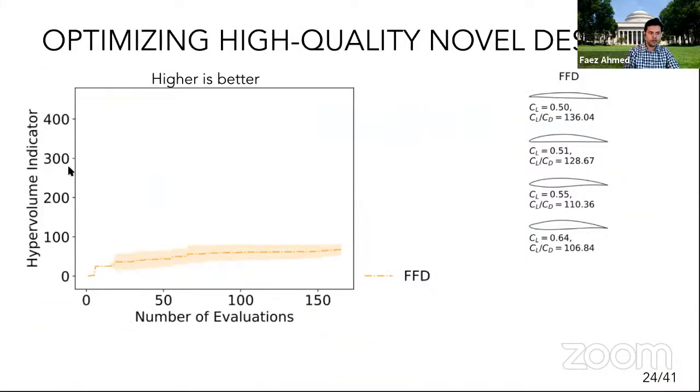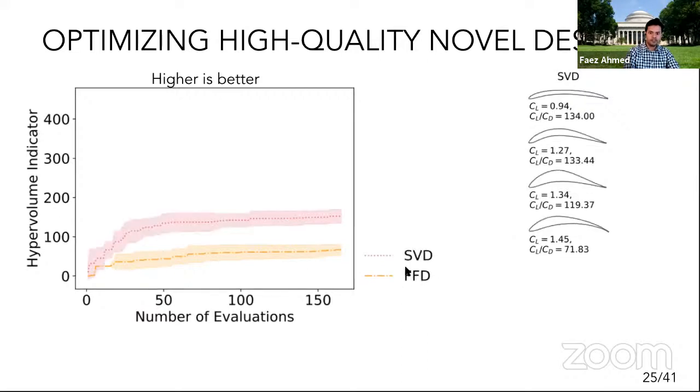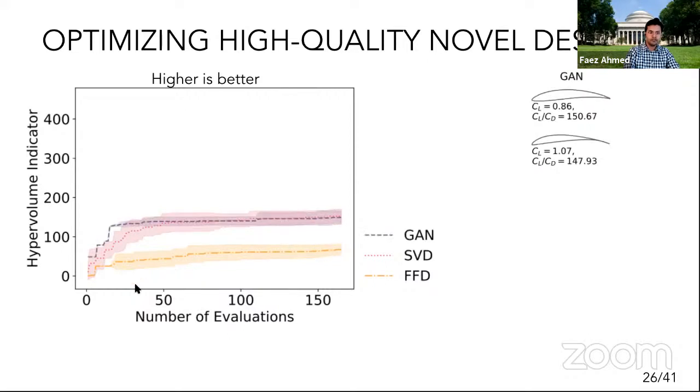And just to give you an estimate, what we are looking at here is the performance of these models. On the x-axis, we want to get higher faster. So this is FFD, which is typically used for airfoils, the free-form deformation method. You have the SVD method, which gives much better performance than FFD if we want to find these Pareto optimal fronts for airfoils. When you just take an off-the-shelf GAN and apply it, what we see is that it pretty much performs close to one of the